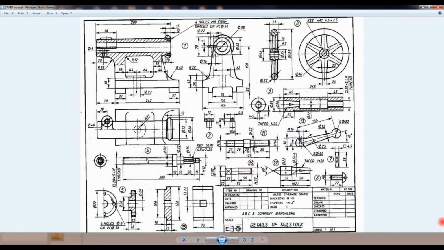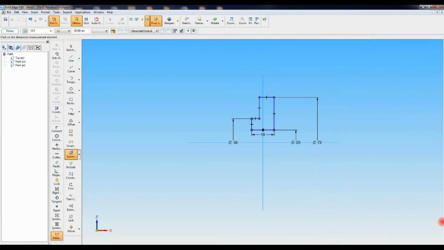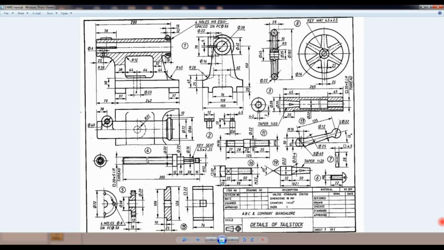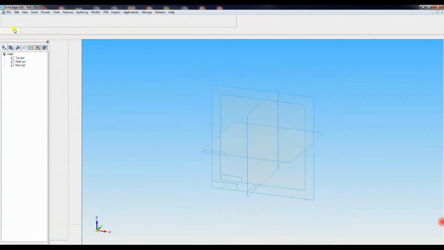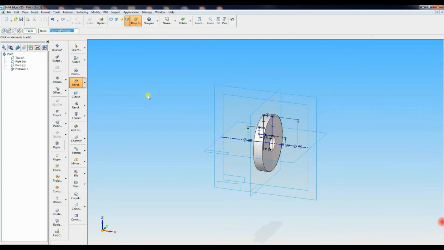Okay, next is horizontal dimensions. By selecting the distance between that surface and that one, it should be 12 mm. Now select the axis of revolution, that one is over, select the axis, then give a 360 degree revolve.